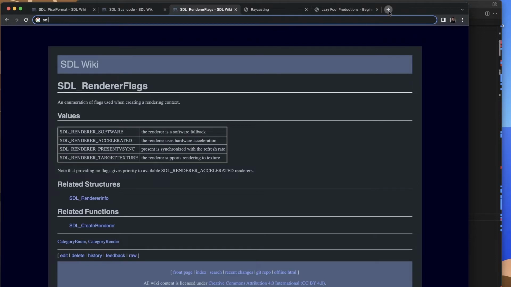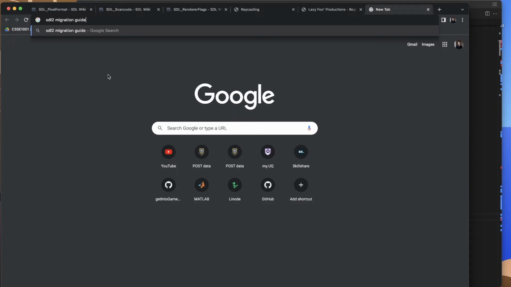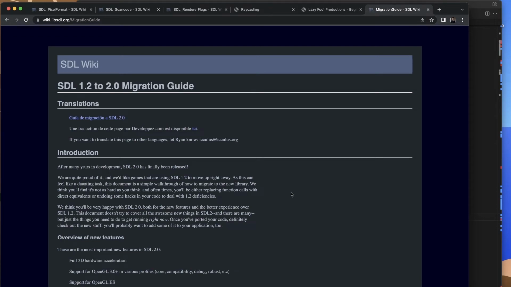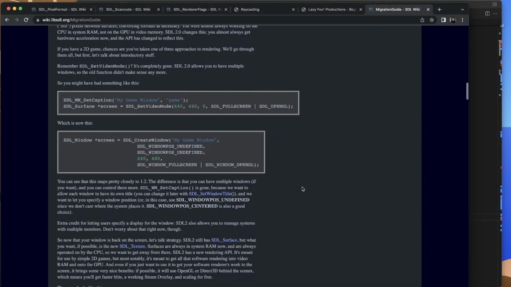Let's open this up again. Yeah, this migration guide on the SDL wiki, and just search for, yeah, SDLSetVideoMode is gone. So this is to kind of unify SDL2 with more next generation graphics APIs, which have separate kind of window things, swap chains and things, and then separate renderer objects. So what we'll do